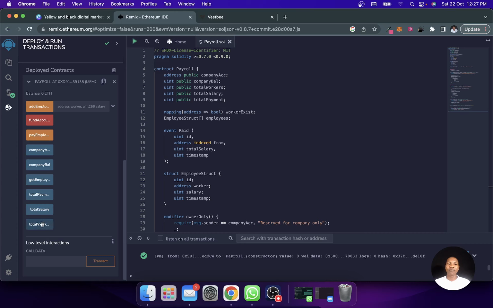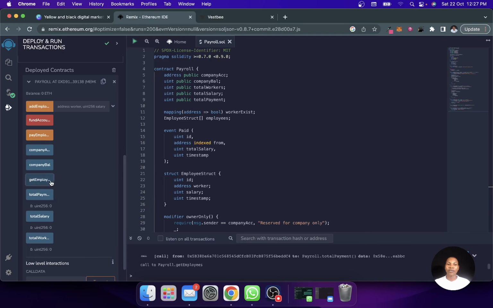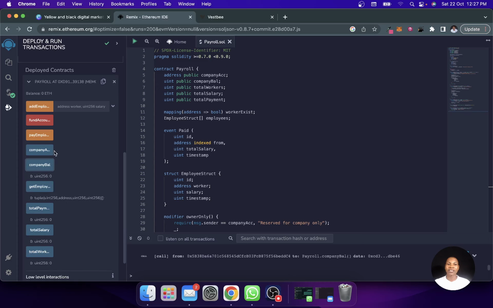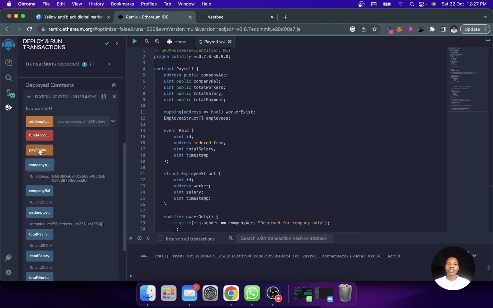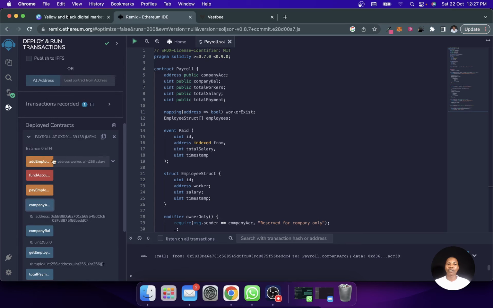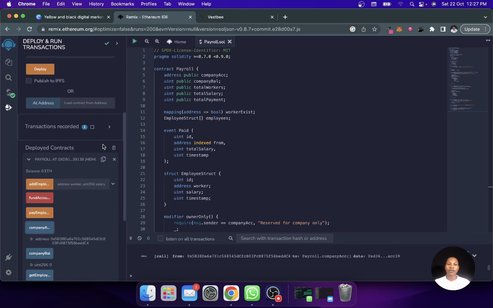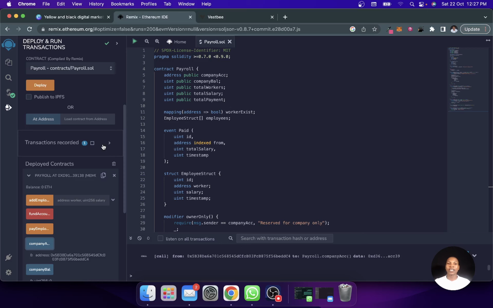So for example, if I click on this total worker, I see that it's 0, total salary 0, total payment 0. Get employee, there are no employees. The company's balance is 0, the company's account is this, and all of these things are available. These are the 3 functions that we want to be working on. So as always, let's start out with